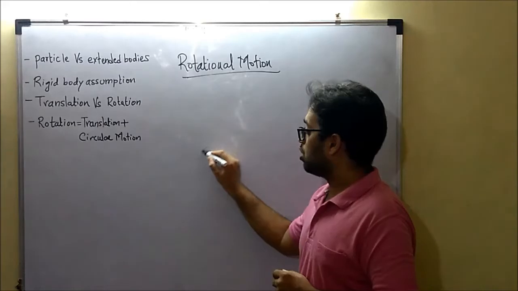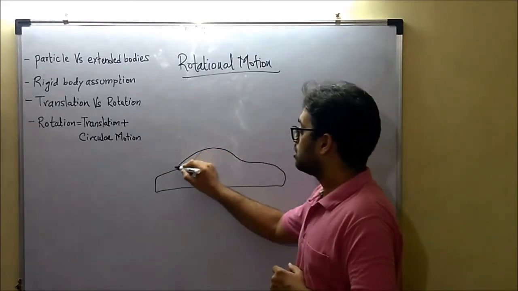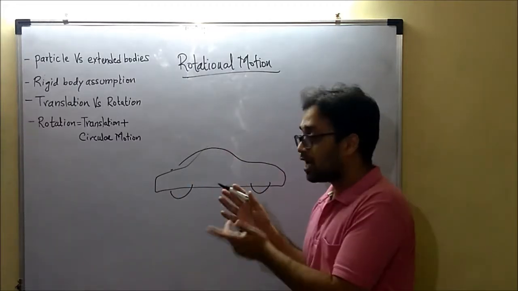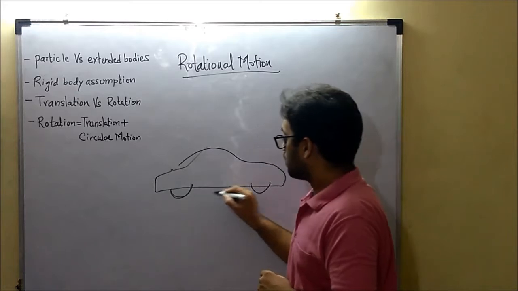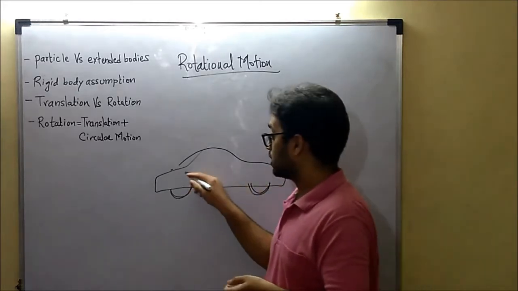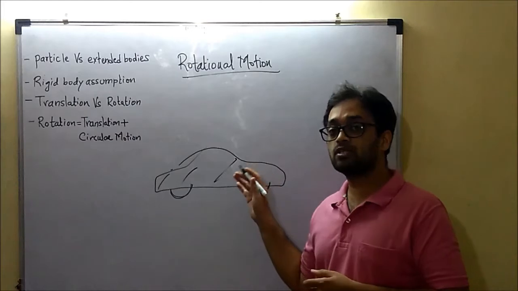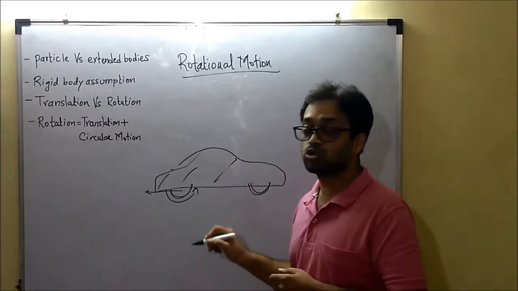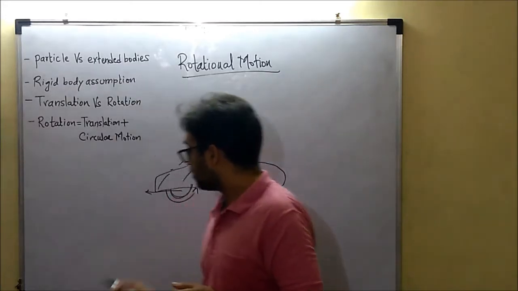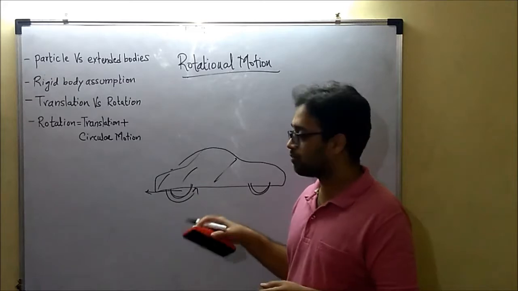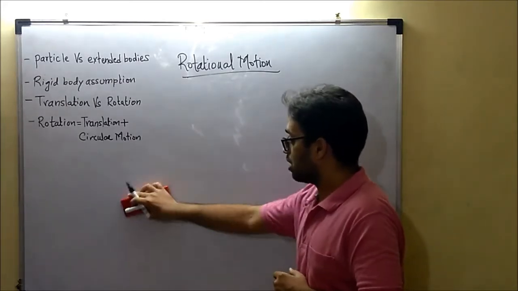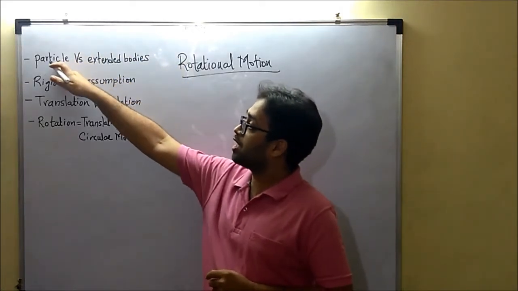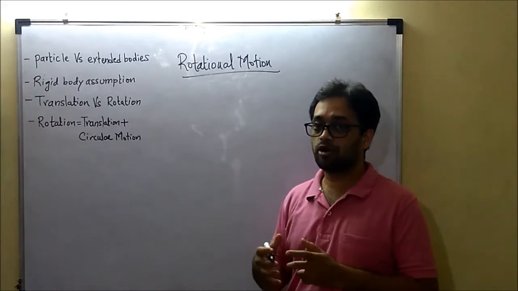For example, the motion of a vehicle that I drew some time before. You used to consider this entire vehicle as a particle, but is that true? The wheels of the vehicle are moving with a certain different velocity. The rest of the body of the vehicle is moving with some different velocity, because the wheels, along with the translatory motion, have a circular motion as well. Such a motion, which is a combination of translation and circular motion, is termed rotational motion. And hence, the focus shifts from particles to extended bodies, basically bodies which have length, width and height,